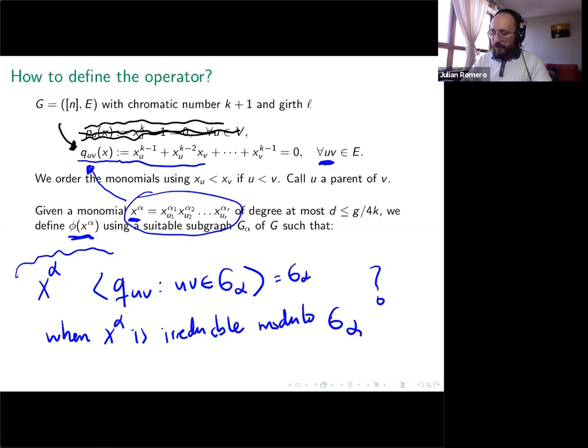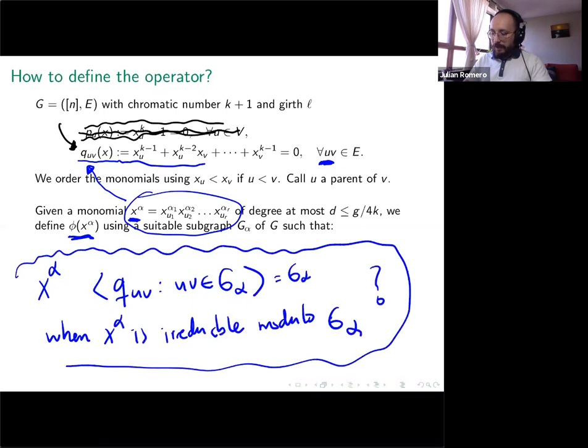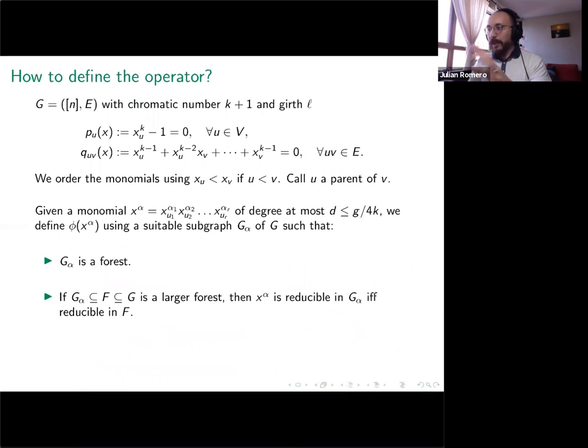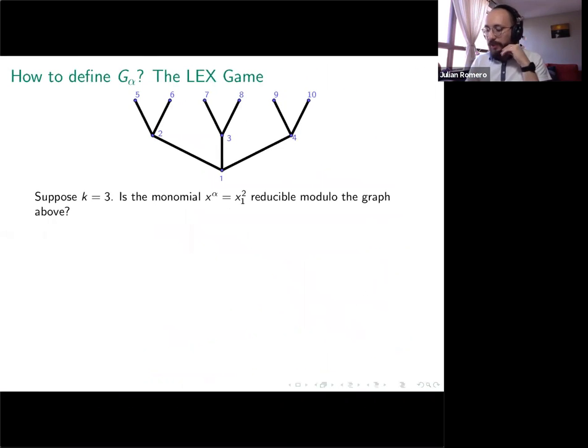If I can abstract what it means to be irreducible modulo some subgraph, then I have a handle, and then I can show the theorem. That was the general idea. I want to understand that thing over here. Here I'm saying that I choose G alpha in such a way that it satisfies some properties that are important for me. But I want to talk about how to actually define G alpha. So I want to understand